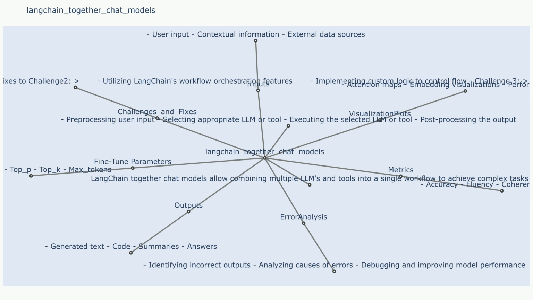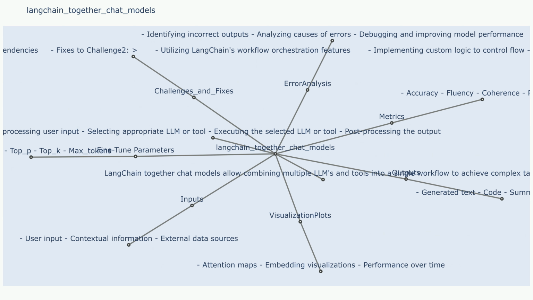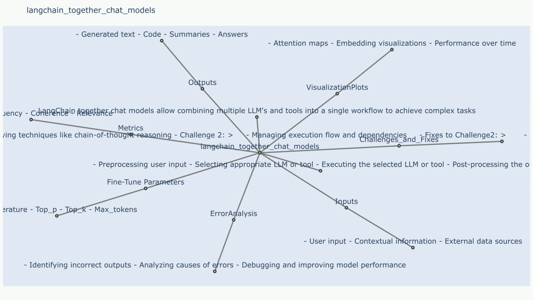creative content. Inputs. Input 1: user input, textual query or prompt provided by the user. Input 2: context, prior conversation history or relevant information for the chat model to consider. Outputs. Output 1: response, the generated response from the chat model based on the input and context. Output 2: context update, the updated context that incorporates the user input and response, for use in subsequent turns of